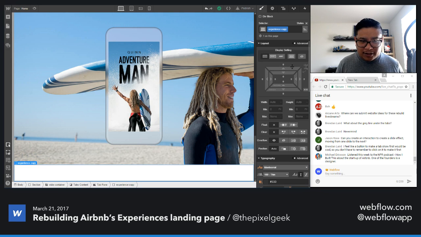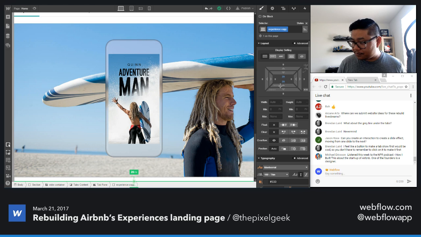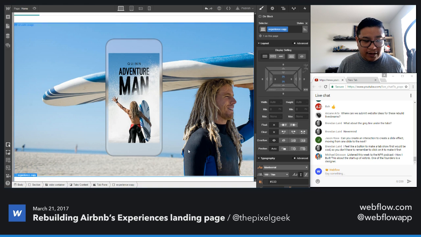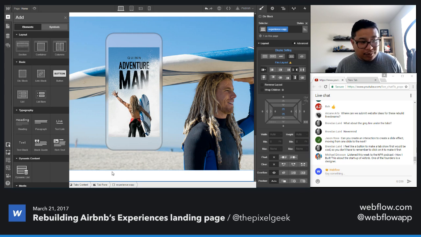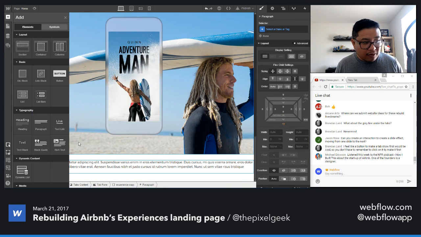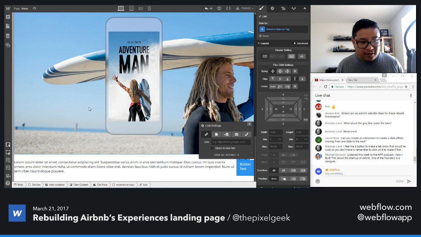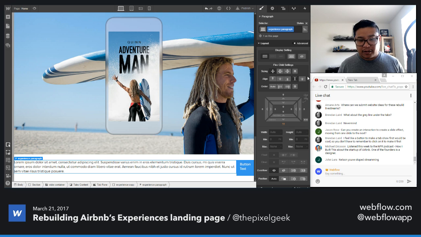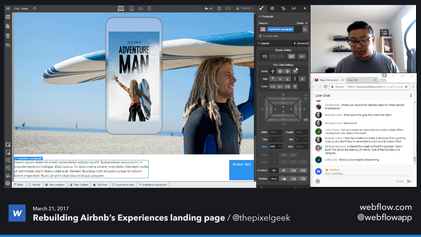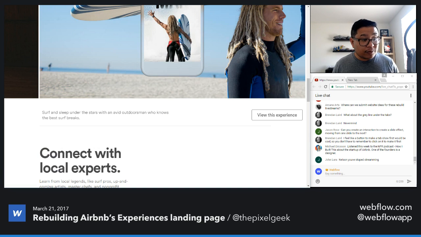We're gonna go and add some padding to the top and bottom. Let's go ahead and do 25. Set the flex box, and right here, this guy right here, space between. So that way I can put a paragraph and also a button. Awesome. So this paragraph right here, experience paragraph, a max width of say 600, and the first one says